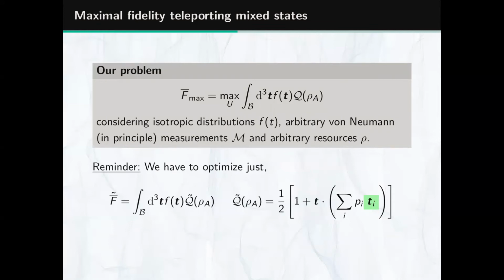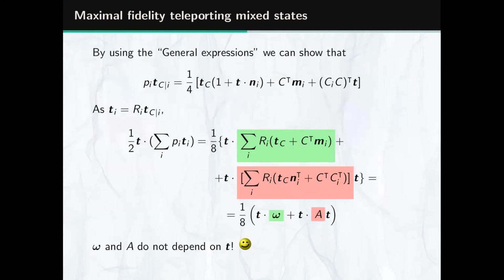Then our problem is to find the same maximum, but inserting here an isotropic distribution in general, measuring with general measurement operators and a general state as resource. Then a quick reminder is that we should just optimize this quantity, not the entire average fidelity. Then by using the general expression, we can show that,